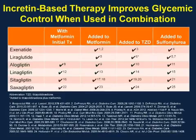If we look at incretin-based therapies, there is improved glycemic control when used in combination. For example, exenatide add-on to metformin or to TZDs or to SUs. Same is true for liraglutide. Alogliptin with metformin initial therapy, add to metformin, add to TZDs, add to sulfonylurea. And the same is true for linagliptin, sitagliptin, and saxagliptin, and you have all the references there. So these therapies can be used with most of the existing therapeutic agents we have to improve glycemic control and